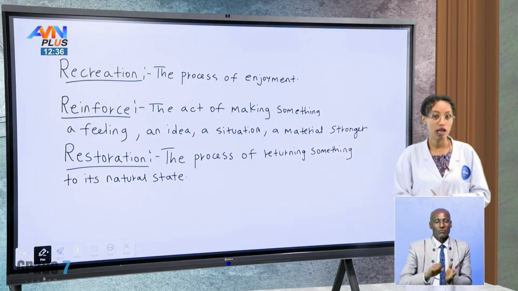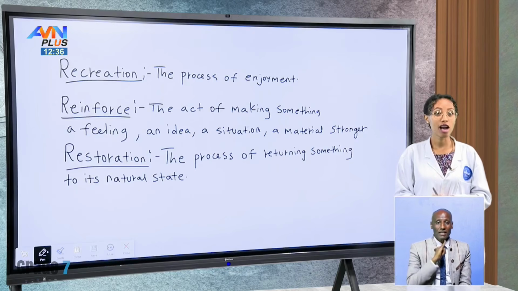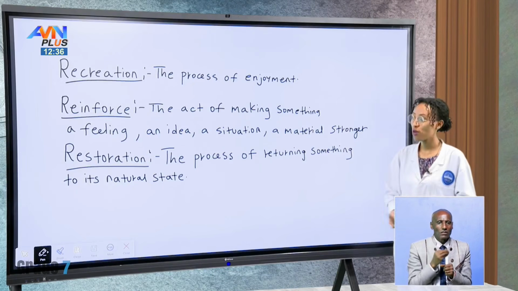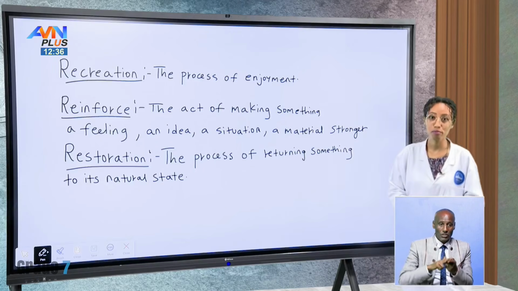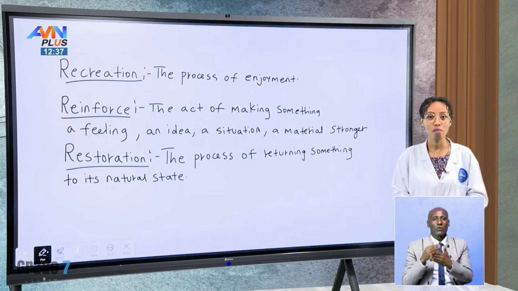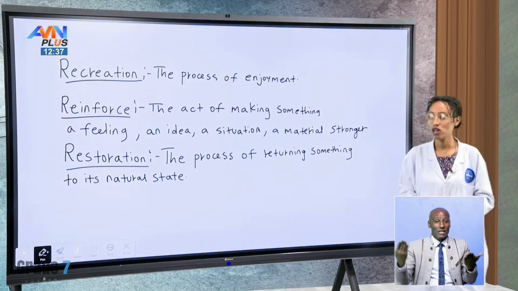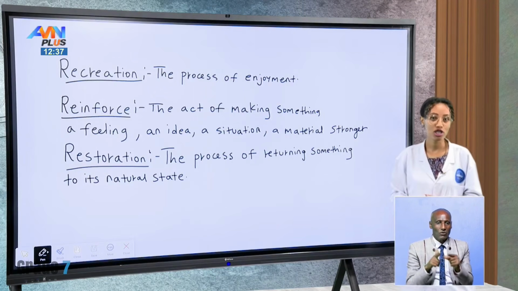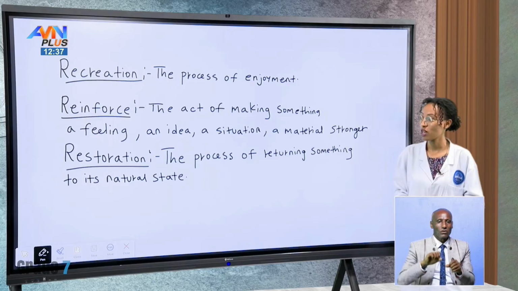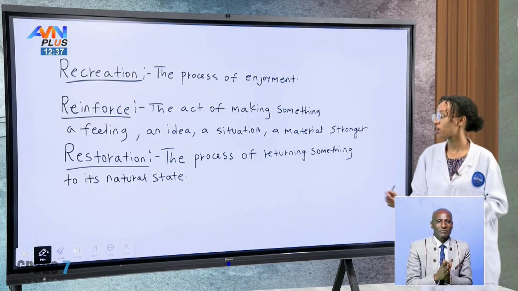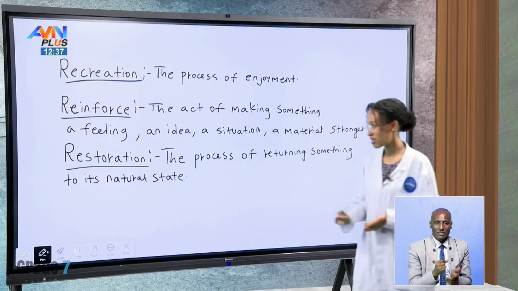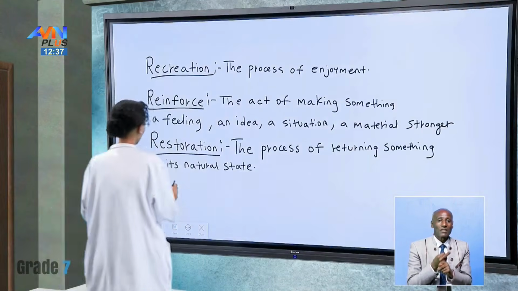For example, there is, let's say, an old house. If you do restoration work on that building or on that house, it becomes new again. So they use this word to talk about demolitions or renovations. So restoration is the process of returning something to its natural state. We also have